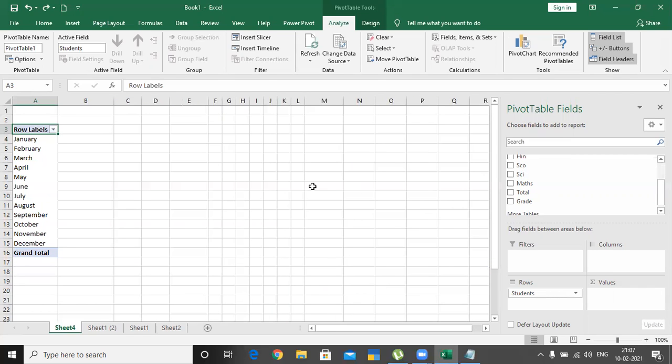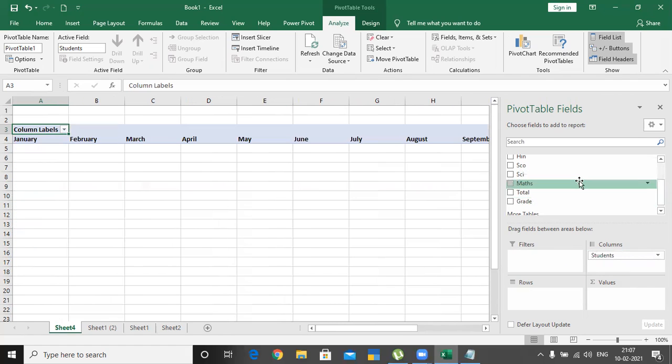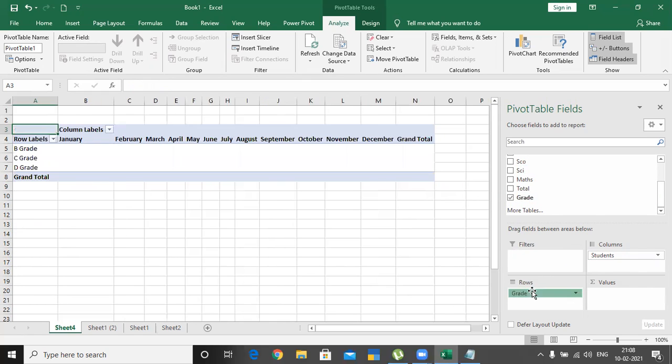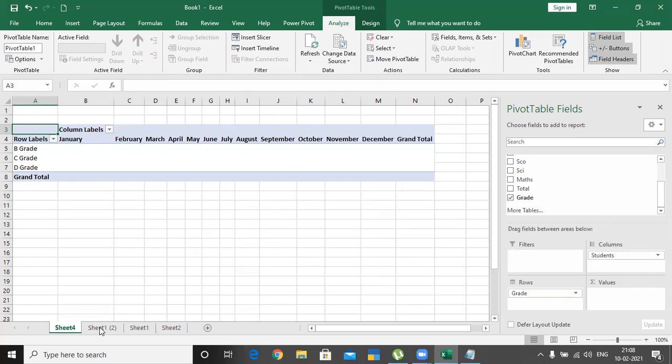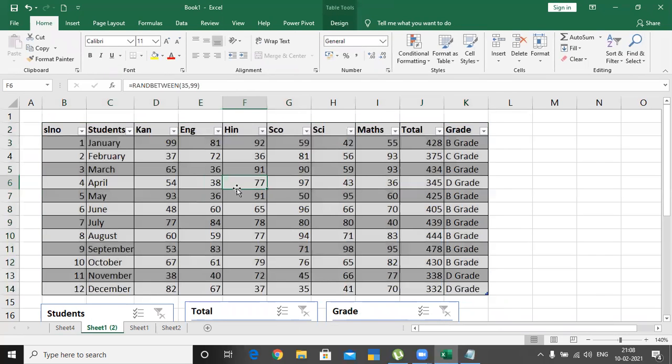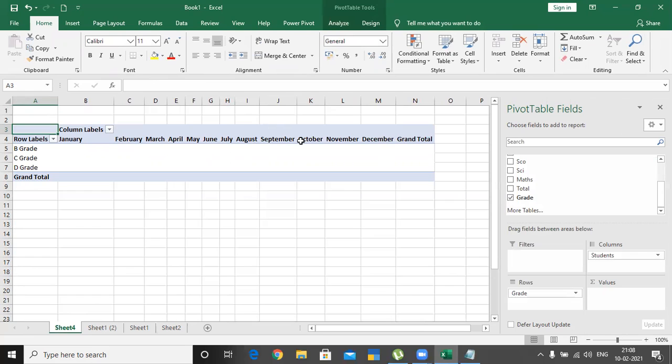The data is not properly placed. Have it like this. And next I'll take that main heading and align the grades. But this is not suitable for our table because here the main data whatever we have is already organized. If the data is not organized, then I can go for pivot table and I can organize it here itself.